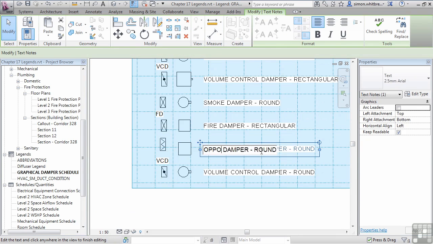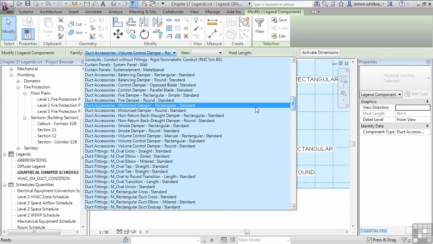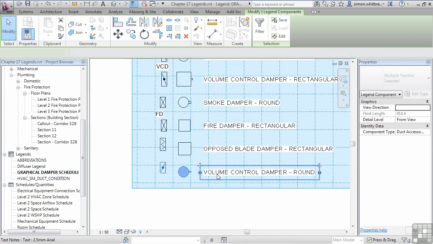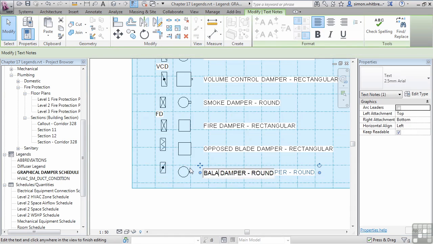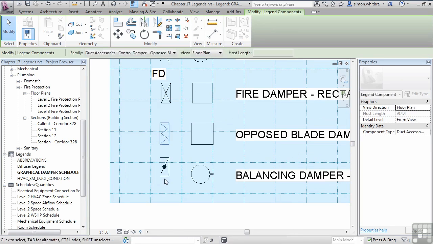Here's an opposed blade damper, rectangular, and a balancing damper. We can drag these into the correct position as before,